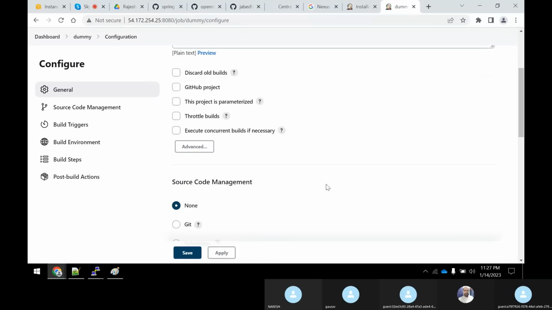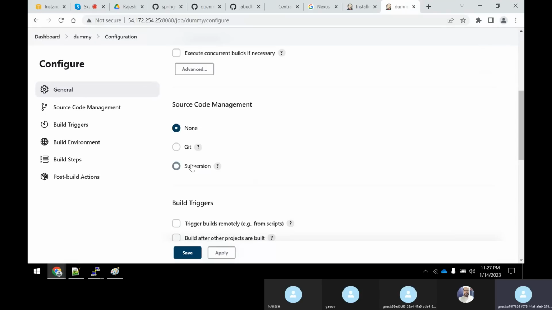see here, Subversion, you need to reboot, guys. You need to restart the Jenkins actually. Then only this will go off. But this will go off because you uninstalled the Subversion plugin, right? It will go off. So I need to do a restart actually, but I'll not be doing it.